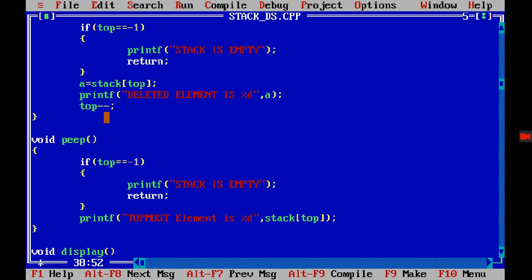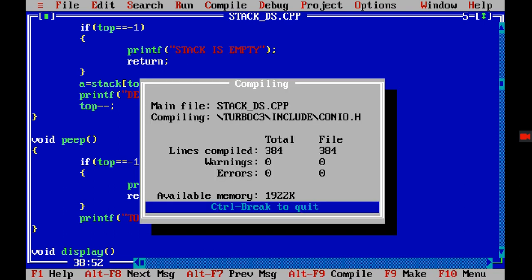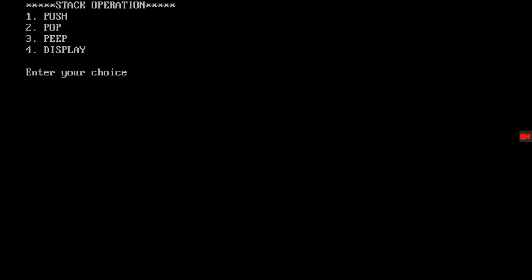I just want to display it. Instead of writing it directly, you can also do like this. As we did in the pop operation, take one variable, store it in the variable, and then print that variable. Or here you can do it directly like this. It's up to you. I'm just storing it, and yeah.